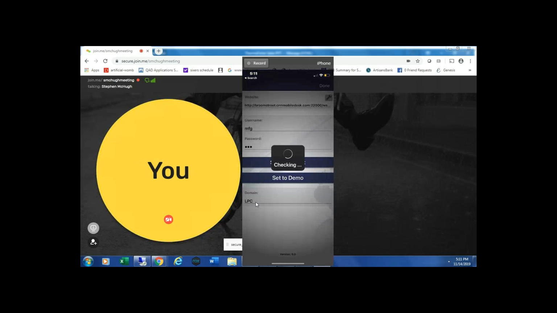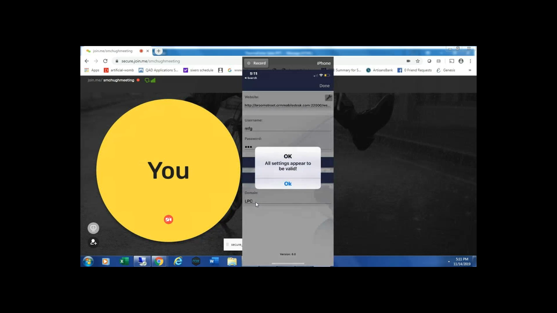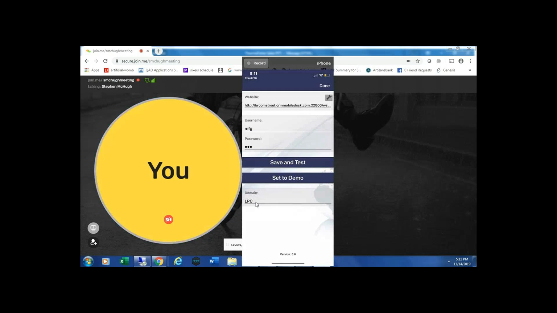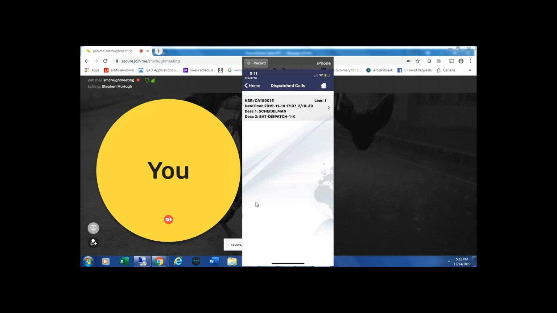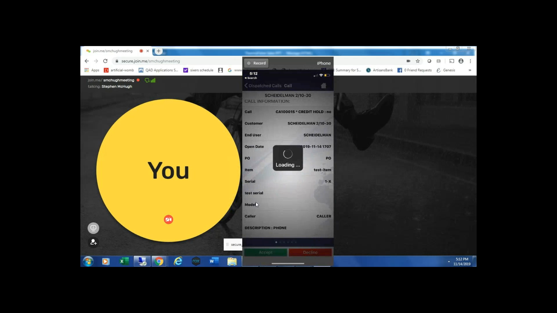So I save and test. All my settings are correct, and I can proceed. So in this case, I have a dispatch call. This will show me the calls that I have in dispatch status. When I click on the call,